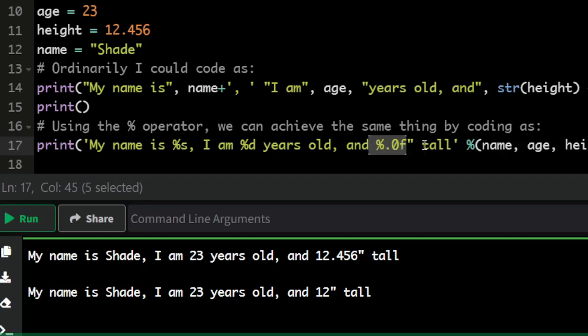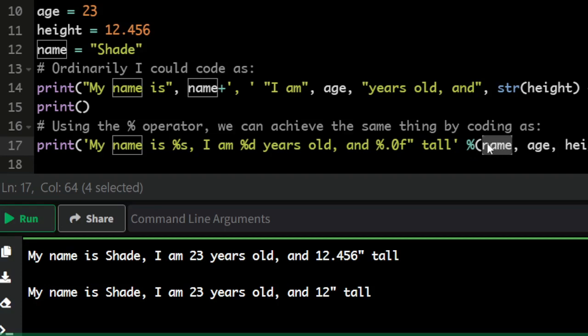You understand it now? And then, instead of having the variables, height and name are already there, so you just put those three variables that you're trying to refer to inside this bracket and put the percentage there. So you are trying to tell Python that all the percentages that are here, I'm representing them inside these brackets. So for name, we already know it is Shade. So Python will just pick up the value from here